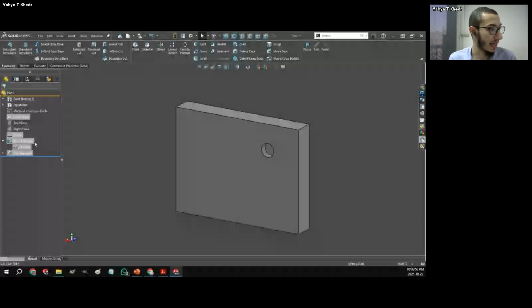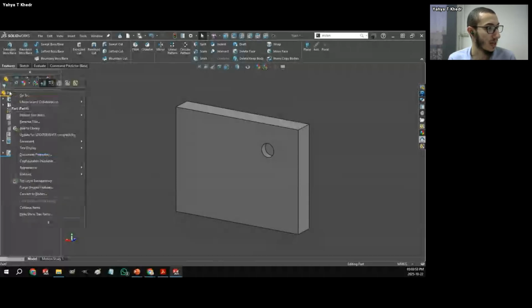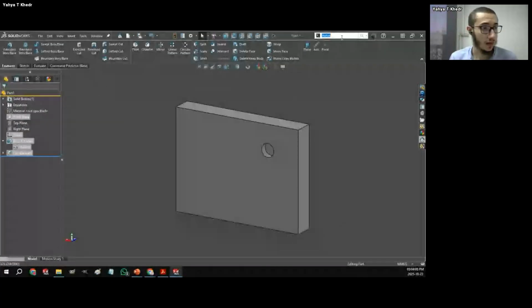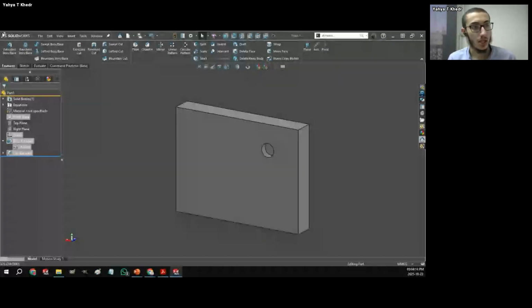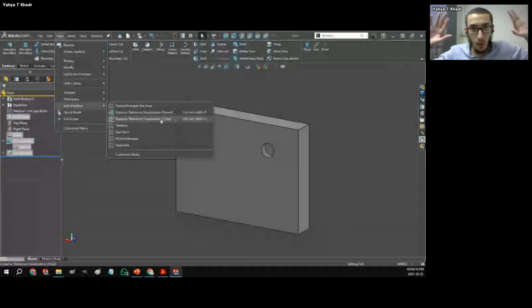If I want to activate something like this, I can simply right click on the top title of the feature or of the part, and over here you can see dynamic reference visualization parent or dynamic reference visualization child. You can also search for this. So if I hit dynamic, there it is. So here are the features, and if I click on this, it's going to indicate where I can, okay, I'm not doing anything, it's 100% it. So it's just now going to show, okay, here's the feature, here's the dynamic reference visualization,